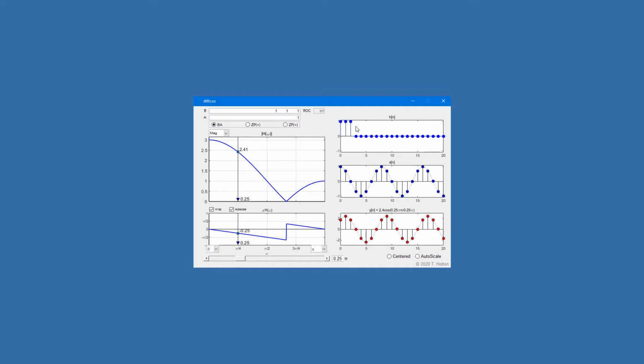You can also change h of n just by mousing in the axis and pulling it. It shifts it right or shifts it left. When it shifts off screen, there's a little arrow which shows that it's gone off screen. You can center the plots so that you can do both positive and negative time delays around 0 and watch